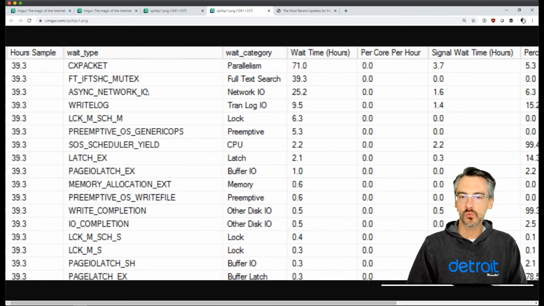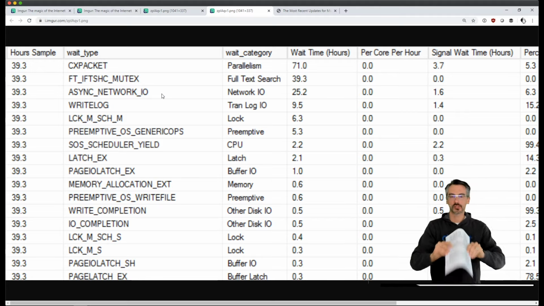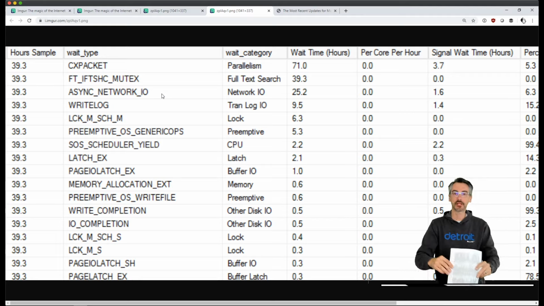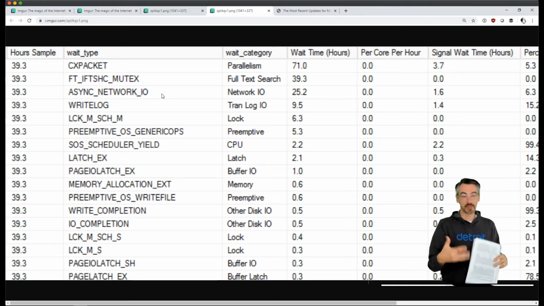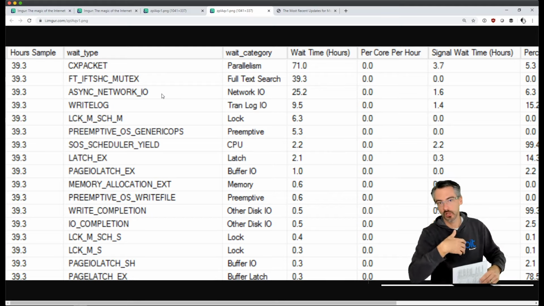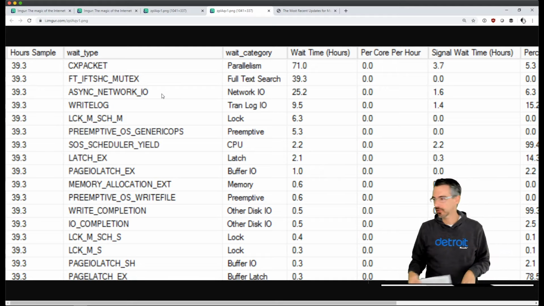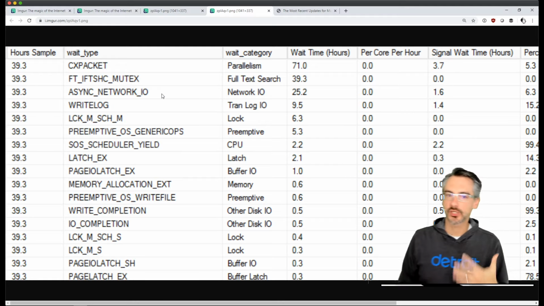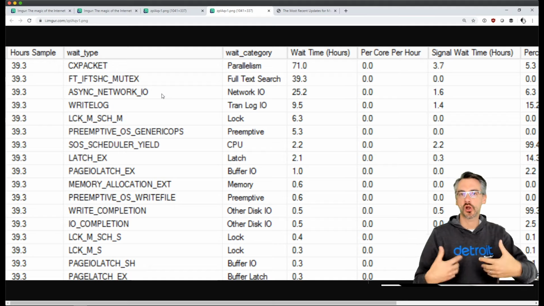Shelty Lover, the reason why I'm telling you that, though, is not only do you have CX Packet, you also have this one in here called ASYNC_NETWORK_IO, which means that SQL Server finished building the query results, and now it's trying to send them across the wire to the application, and the application isn't acknowledging it fast enough. Meaning that maybe the application's doing row by row processing, maybe it's over a really small or really long WAN or wide area network, maybe it's a really underpowered app server, but this will start to help you get to the queries that are taking the longest time.